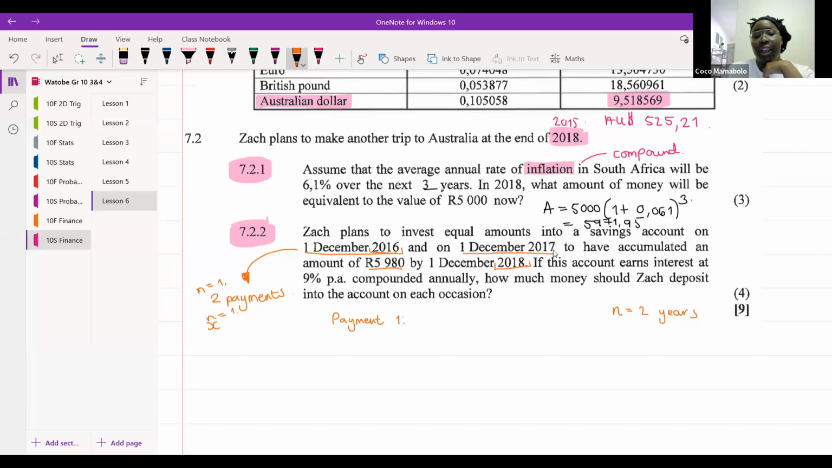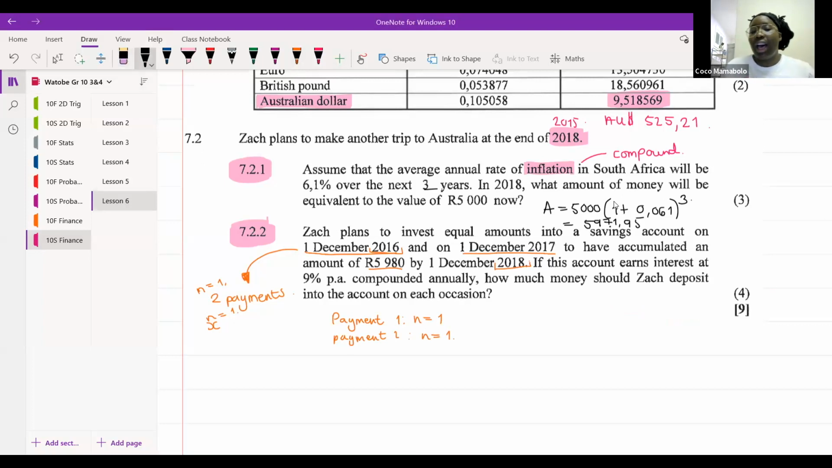Okay, payment 1, our N is going to be for 1 year. And then for payment 2, our N is still going to be 1 year because we are working from 2016 to 2017 and then from 2017 to 2018. Right, so we actually have 2 years, but each of them will get their own. Now, together, all of the calculations we're about to do need to come up to